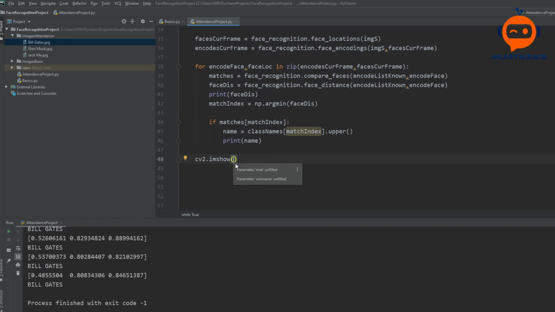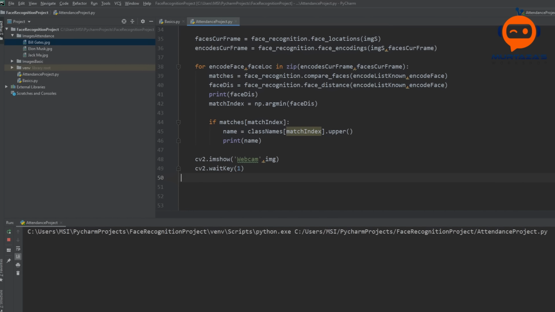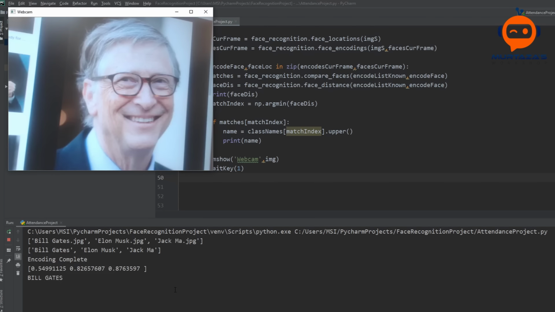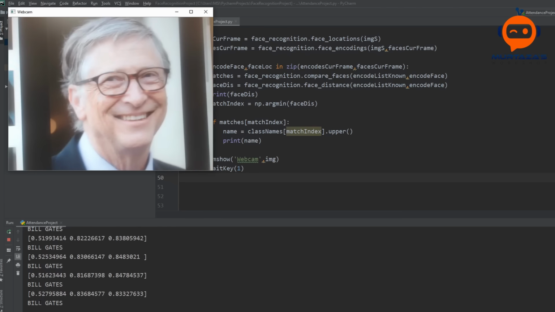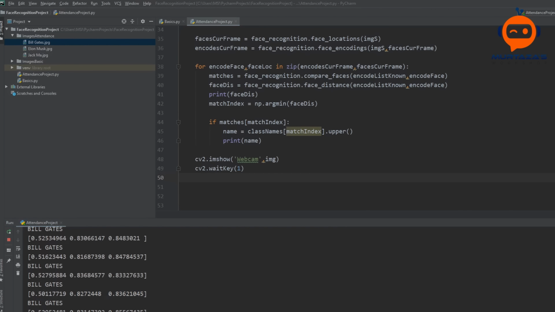So we will write here Webcam, and then img, and then cv2.waitKey(1). If I run this, there you go. You can see that we have the image of Bill Gates, and it's giving us Bill Gates as the output.